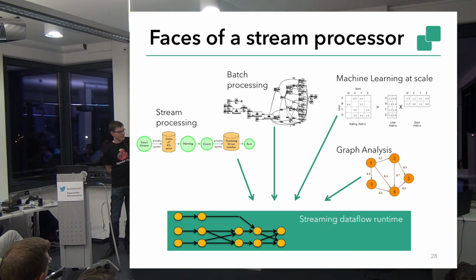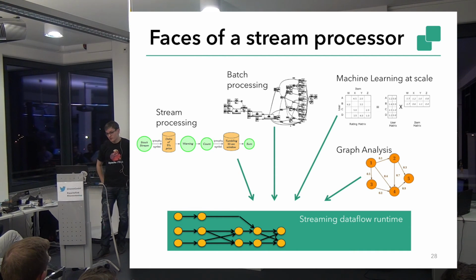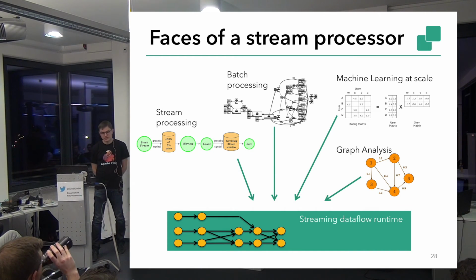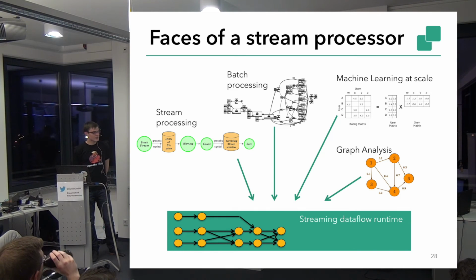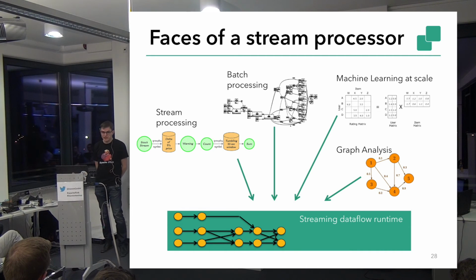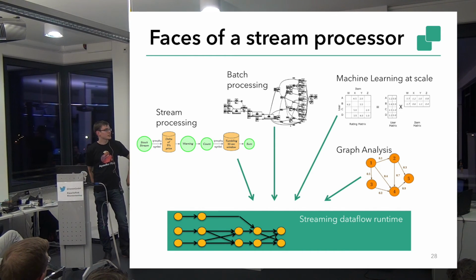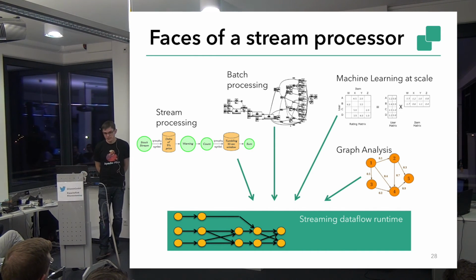Interestingly, when we created this engine, we didn't have these streaming use cases in mind, but we were designing it already as a pipeline engine. And other SQL systems like Impala from Cloudera, for example, is also a pipeline engine. So they have similar features in the engine as Flink. So it's, I think, from the research point of view, the best way of implementing a good batch or SQL processor. And then we also support machine learning use cases and graph analysis use cases.